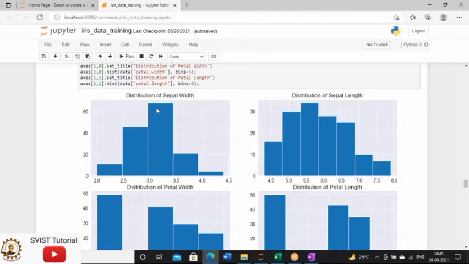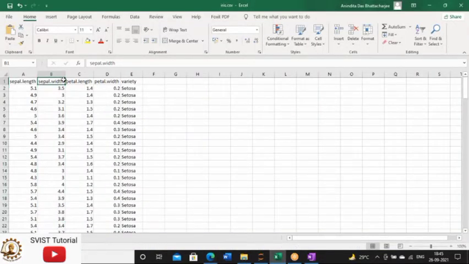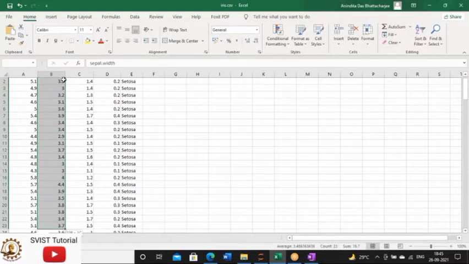In one sentence, in the sepal width column of my original data set, we have almost 70 values ranging between 3.0 to 3.5, meaning the maximum number of values lies between these two numbers. If you see the data set and the sepal width column, you will find that most values are between 3.0 to 3.5. This is how your histogram helps to define each and every column of your data set.